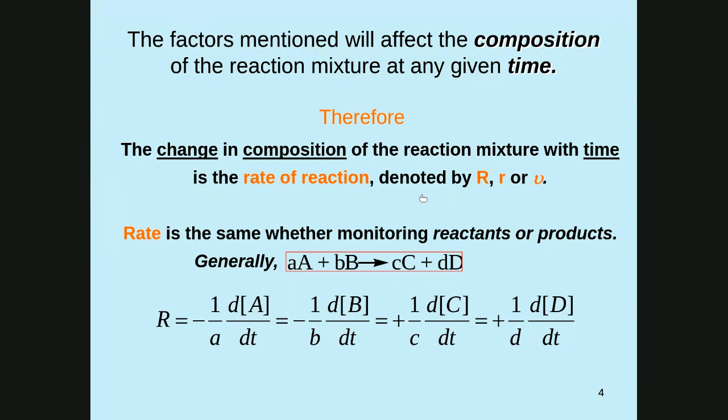Now, to quantify the process, we need to have something like a measure of the rate of the reaction. Now, it's a bit problematic because in the course of a process, that rate will vary, because as a result of the reaction, the composition of the reaction mixture will change continuously, and it will therefore affect the rate of the process. So that is the reason behind defining reaction rate, instantaneous reaction rate, as a differential